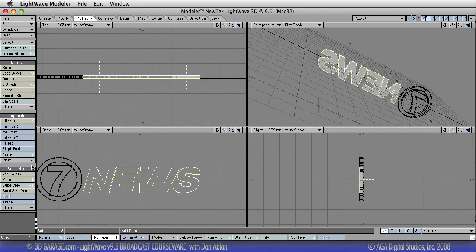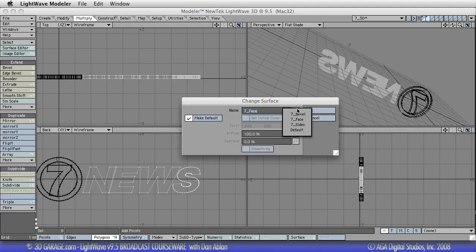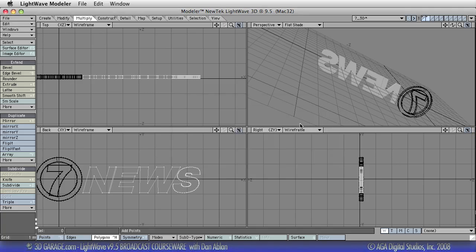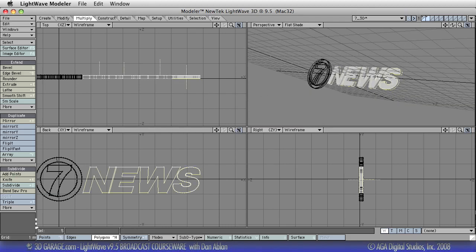Oh, you know what? Let's give it some surface first. Now, normally we would put different surfaces on here depending on what we're doing. This whole thing's going to be like this glassy metallic, similar to our football field, so we're just keeping it all the same surface. Make life a lot easier. Okay, and then we'll select these like that. And this